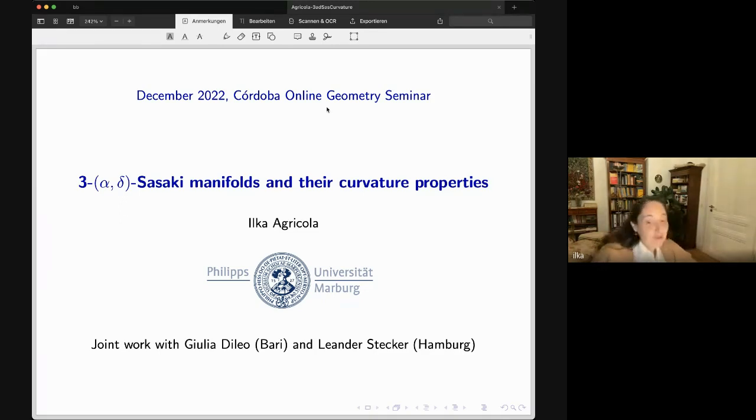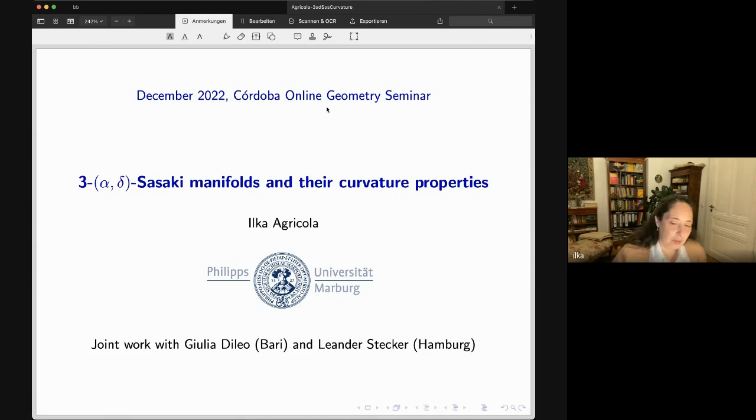as sports are concerned. So here's an update, so to say, on work we have been doing in the past years about the geometry of 3-alpha-delta Sasaki manifolds. Now, of course, I will tell you what these manifolds are, and in particular, this time we're going to focus on the curvature properties, and I will try to explain to you what we have been doing in this and where we continue. All this is actually appearing in a series of papers,